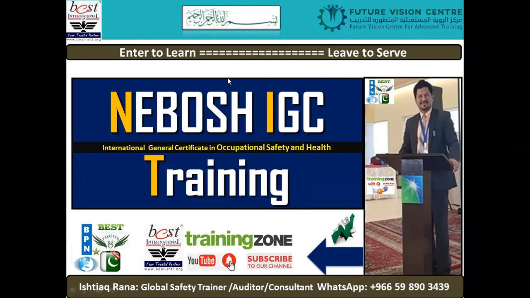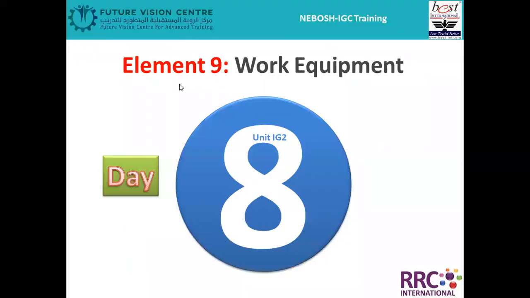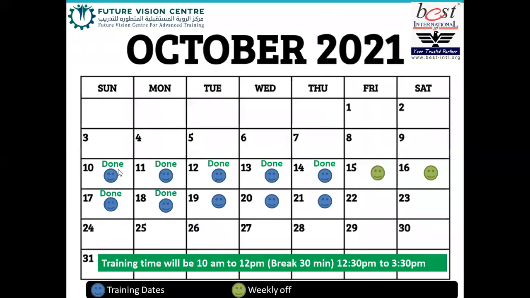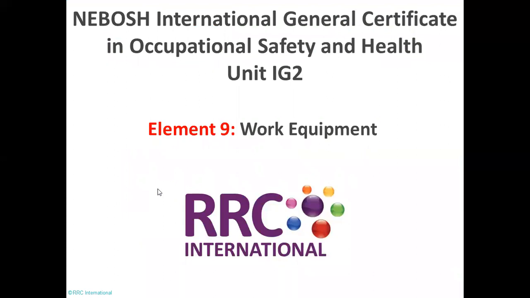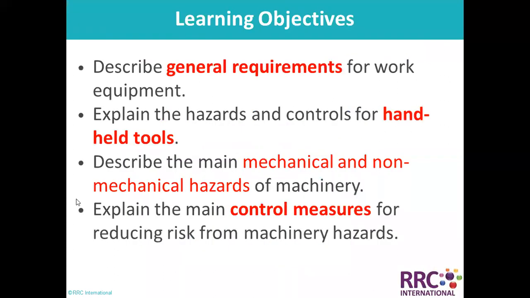So today we have another element, number 9, work equipment. It's day 8. And within this element number 9, we have a few objectives, like we're gonna understand the general requirements for work equipment, how we're gonna manage our work equipment, what are the key general requirements, and most importantly, as discussed earlier, from